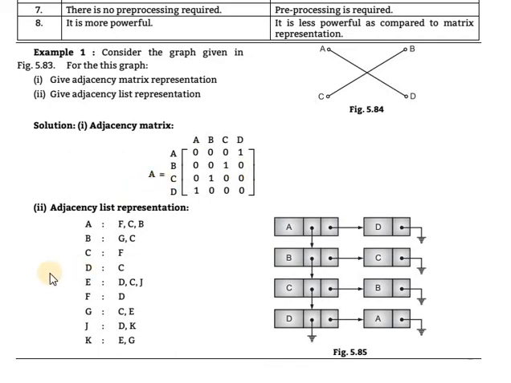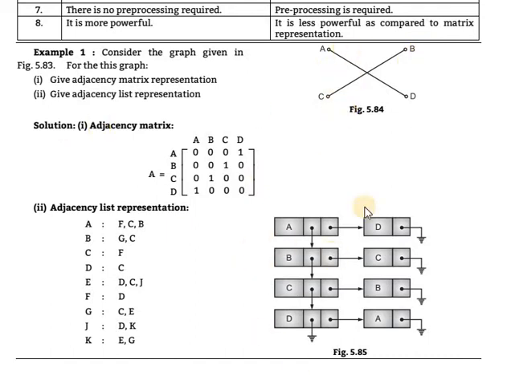The adjacency matrix, it is not to be written in this question. It is printed for some other question's answer. So do not consider it here, only consider this. A to A 0, A to B 0, C 0, only for D, so write 1. B to the same, only C is present, so write 1 for B to C. Then D to A is present, so D to A is 1. All others are 0 because no edges are created.